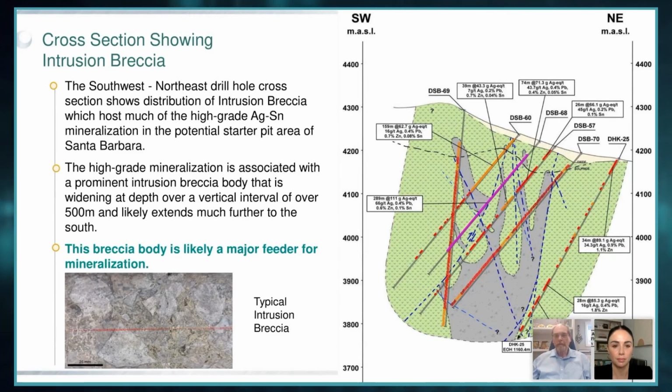Well, you can see with our original drilling, we recognized this breccia, but we're kind of at the top in the fingers. As we get deeper down here, you can see that this breccia body is getting bigger, much more cohesive. We've drilled it down to about 500 meters. It's very likely this breccia body is a tremendous feeder structure coming from a big tin porphyry at depth. So not only did we get very, very good results from these holes, and we have results pending, obviously, on 69 and 70, but it's showing us that this whole breccia unit is a much more consistent, far more extensive